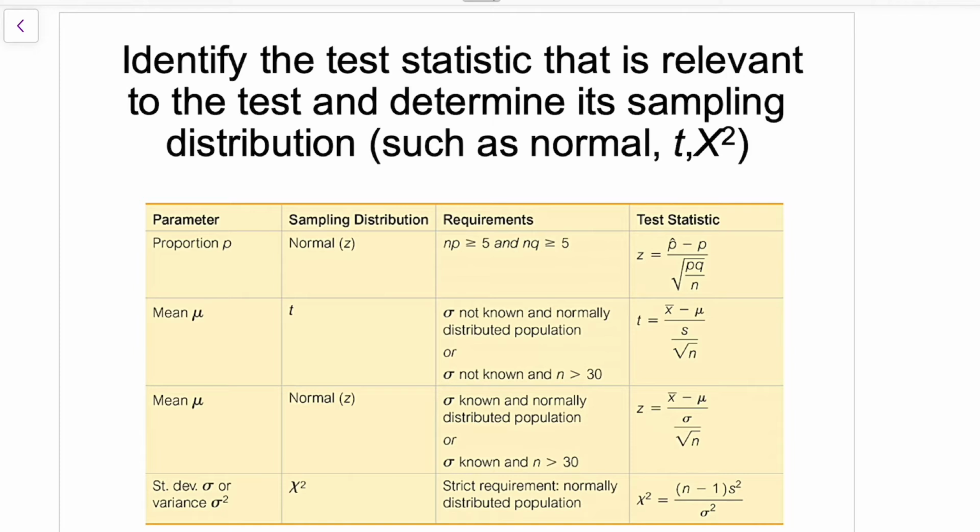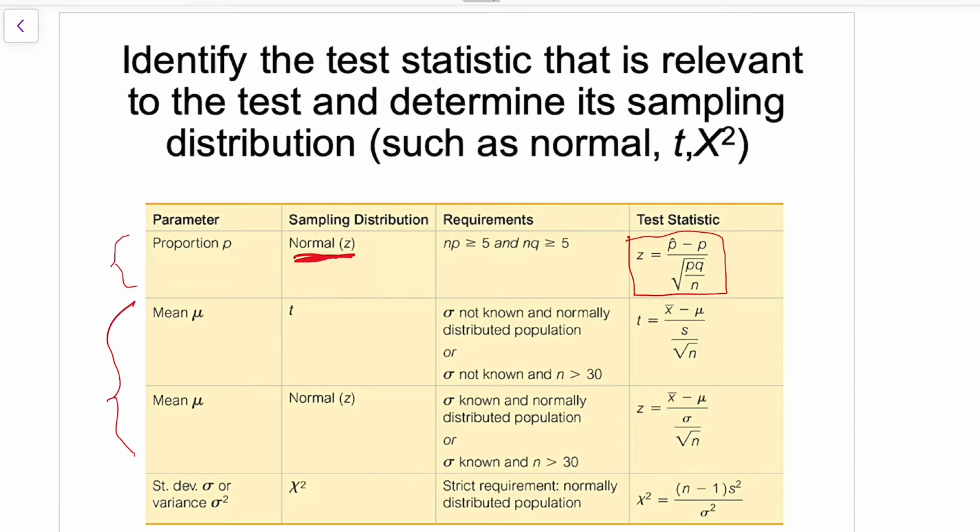Like we said, when we do this hypothesis testing, we will cover proportion and means of a population. If we're trying to test a claim about a proportion, we will always use the normal distribution. And the test statistic we will use is this formula. Z is equal to p hat minus p divided by the square root of pq over n. If we're testing a claim about the mean,